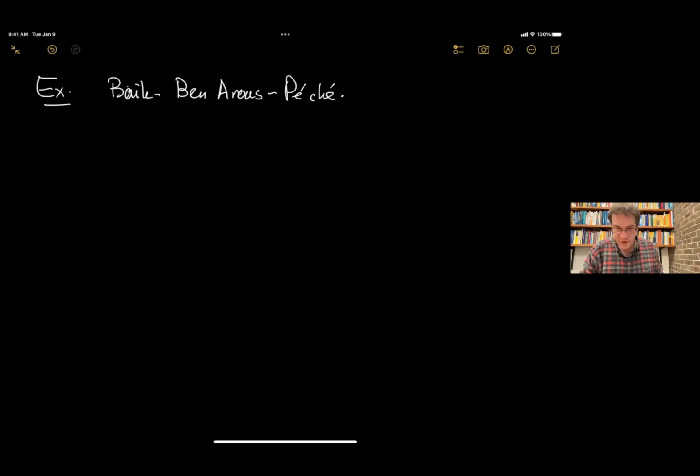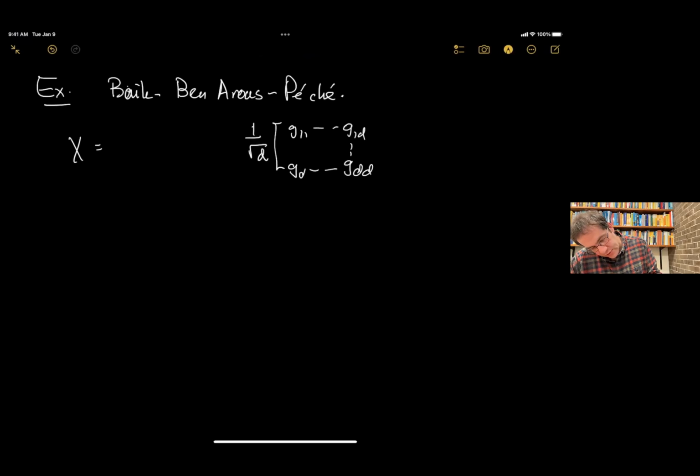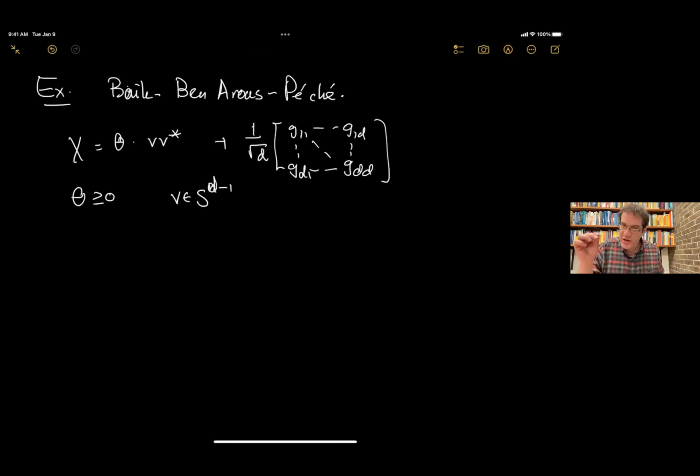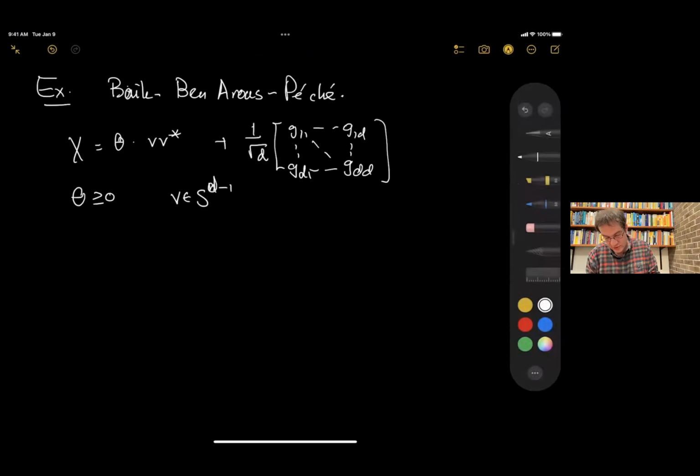People who have studied random matrices know very well what I'm about to say. Suppose that we take a random matrix X, which is a regular Wigner matrix. Classical, right? IID Gaussian entries up to symmetry. But I add to it a non-trivial mean, a rank 1 matrix, where theta is some parameter greater than or equal to 0, and v is in the unit sphere. So this is a Wigner matrix to which I added a rank 1 perturbation, basically adding one deterministic eigenvalue to this random matrix.